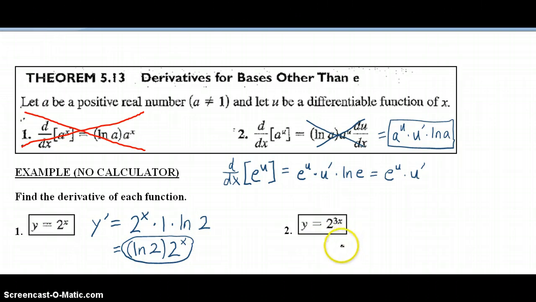Our second example is y equals 2 raised to the 3x power. So this is a more common example, something you would see because the exponent is not just x. The rule is quite easy to use. As long as you recognize that this is an exponential function with a base of 2, y prime is going to equal 2 to the 3x power times the derivative of 3x, which is just 3, times the natural log of the base,